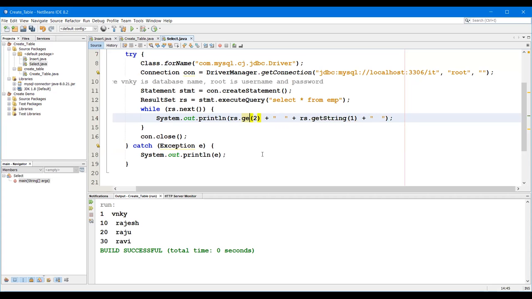So it is going to get based on the string and int. If you run this program, see the change. Here, by using this JDBC application with the help of ResultSet, we can get the particular column with the help of the index. Not only by index, if you want, you can directly give the column name also, like ename.